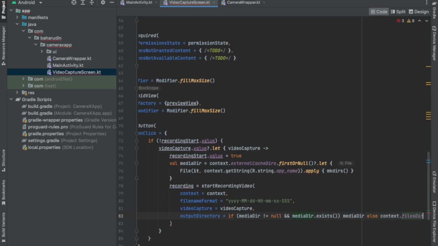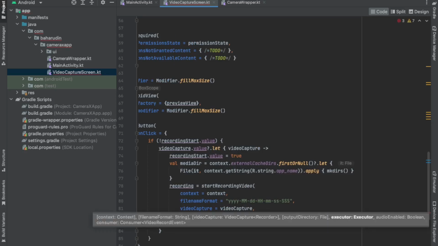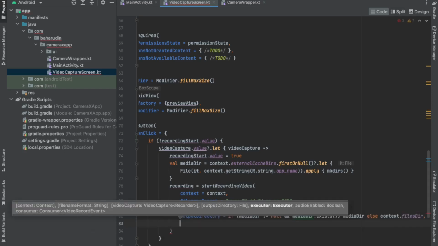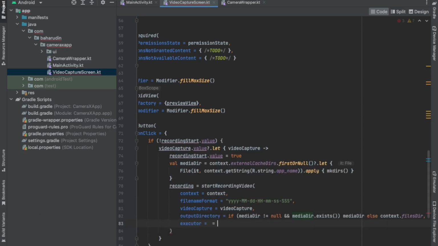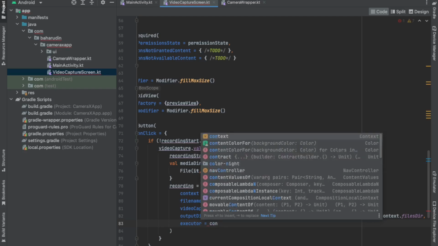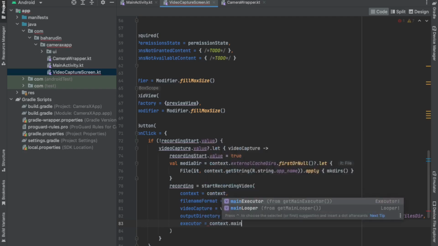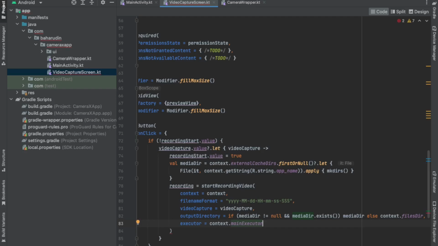Okay, and then I'll call the executor again. Executor is equal to context dot mainExecutor, and then audioEnabled is equal to audio